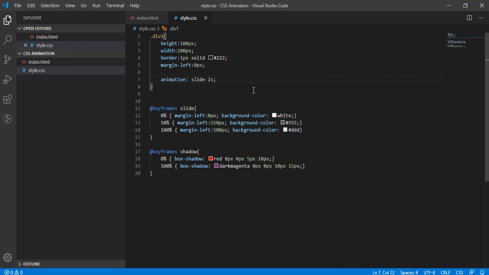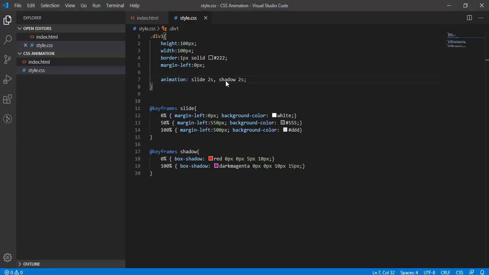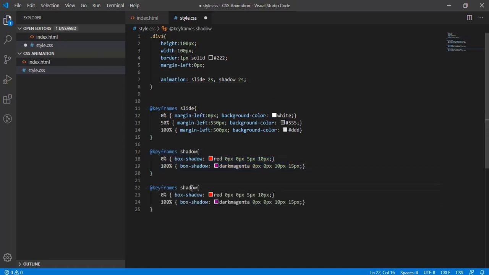So now what we can do is we can have another animation also, separated by comma, and here we can have shadow. So now you can see both animations are applied here. You can see it's performing the slide as well as the shadow. So this is how you can create different animations. You can apply these animations to this GIF, and of course you can have one more animation in case you want. Let's call it